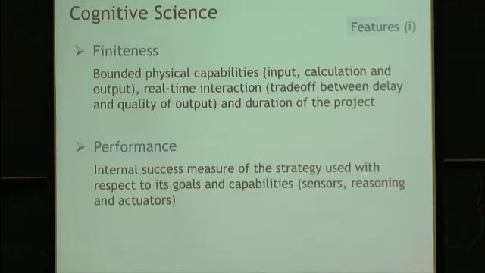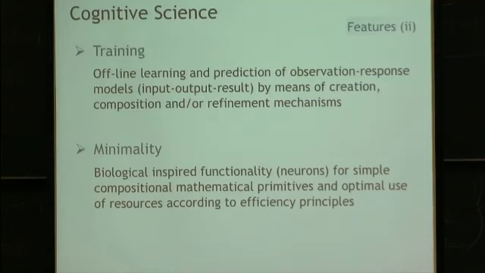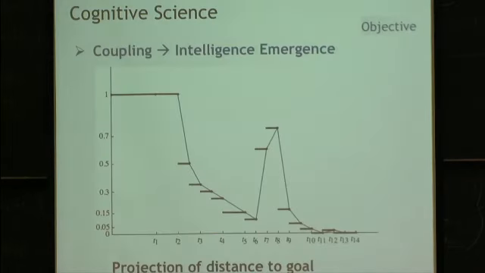Performance as the internal success measure of the strategy. The training we have encapsulated in the idea of kernel. We are working on that, just bridging some ideas from machine learning to parameterized complexity. Minimality. We have also found our approach in the biologically inspired functionality, that is the idea of neuron as computational primitive, and so on. And therefore, we can characterize the idea of coupling, that is the success of our agent,